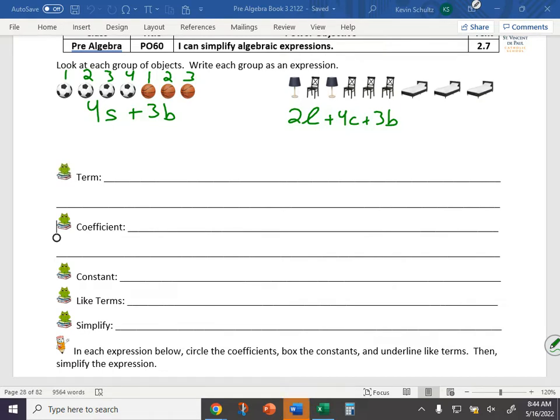It's going to look a lot more complicated than that because we're going to be dealing with variables and fractions and solving. But really, this is how you write an algebraic expression. How many of something do I have? The coefficient tells you how many you have, and the variable represents what that object is. Okay? And each of these individual things is what we call a term. Right? A term is a part